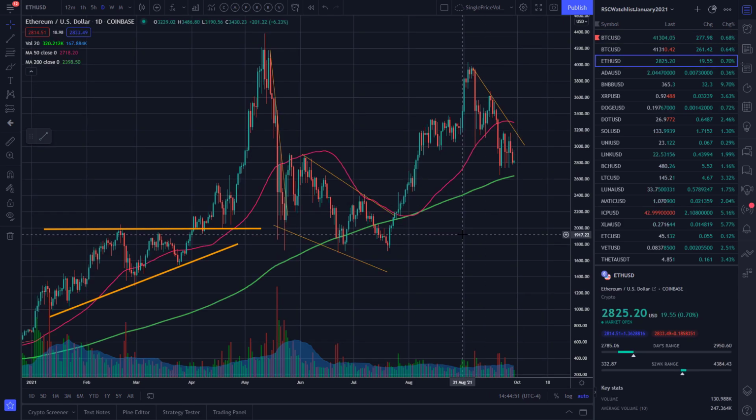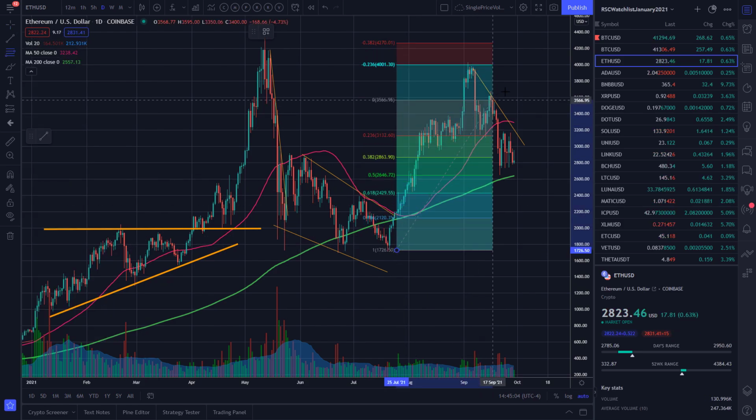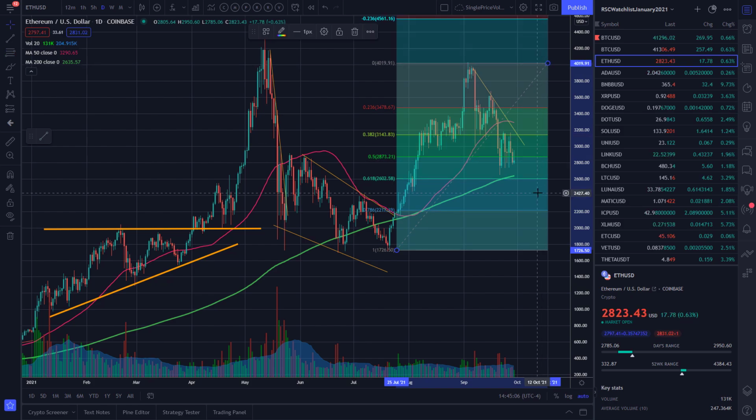Now, Ethereum, we're seeing kind of the same thing. The flag is a little bit more defined. The price is still above the 200, which puts it a little bit more bullish. If we draw the fibs on this guy, then let's see what we got here. Yep. The 2,600 level is really the last line of defense for the bulls, and it coincides with the 200-day moving